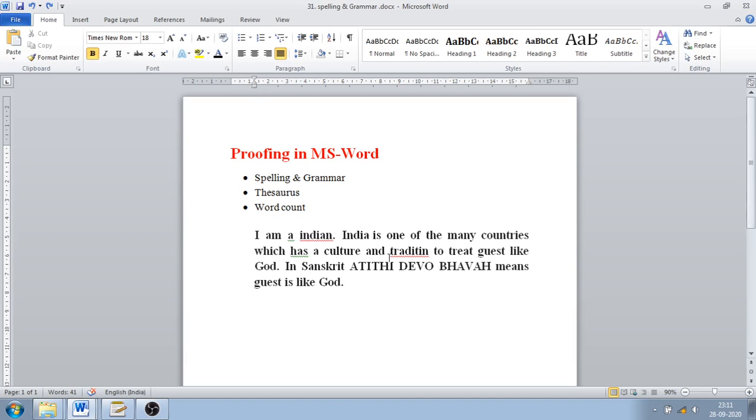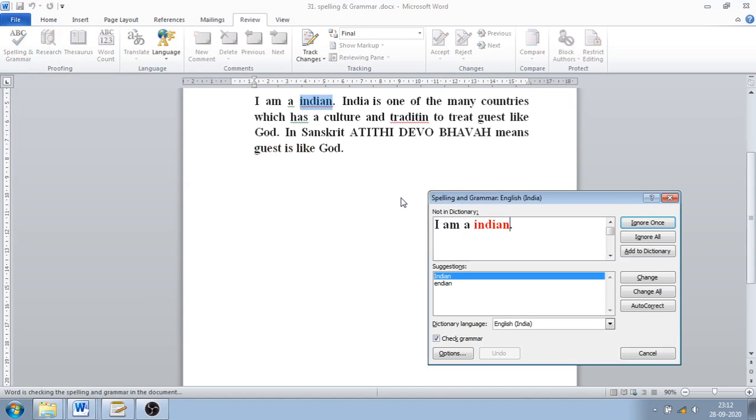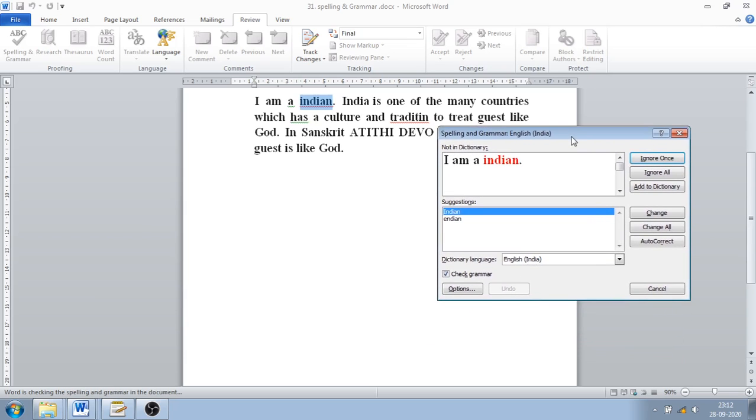First we will see about the spelling and grammar. For that you have to go to the Review tab. Inside the Review tab you can see spelling and grammar in the proofing group. For spelling and grammar you have a shortcut key. If you press F7, then directly the spelling and grammar pane will open over here.